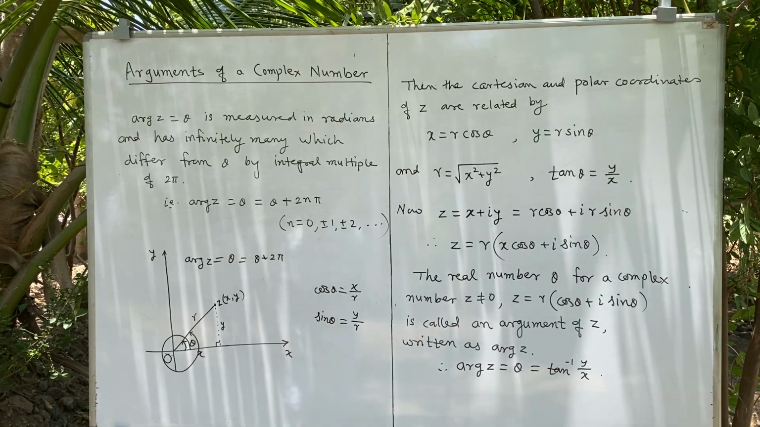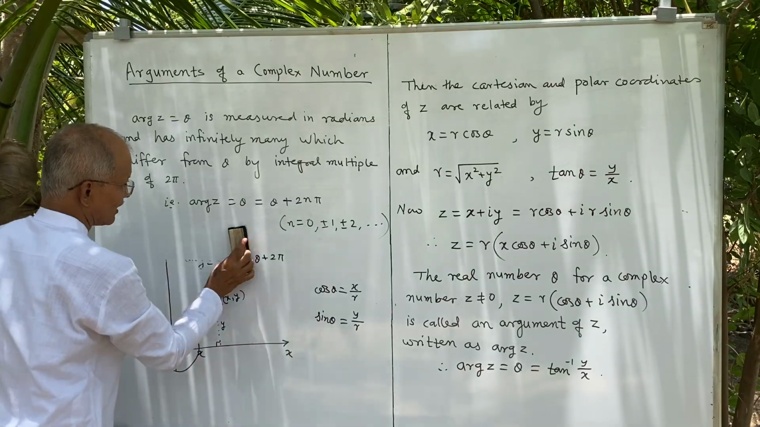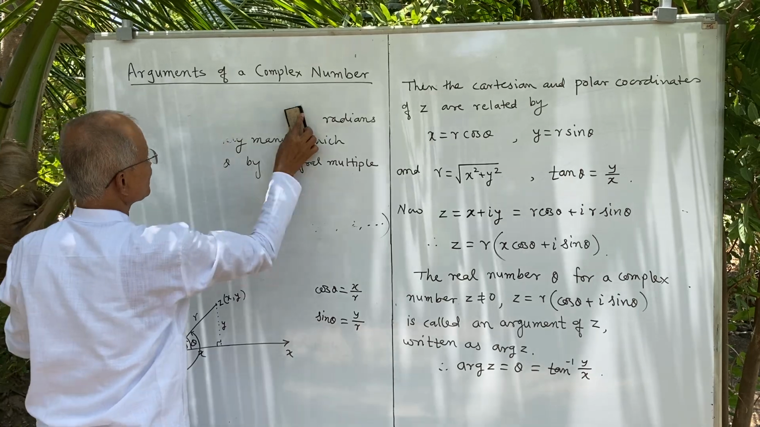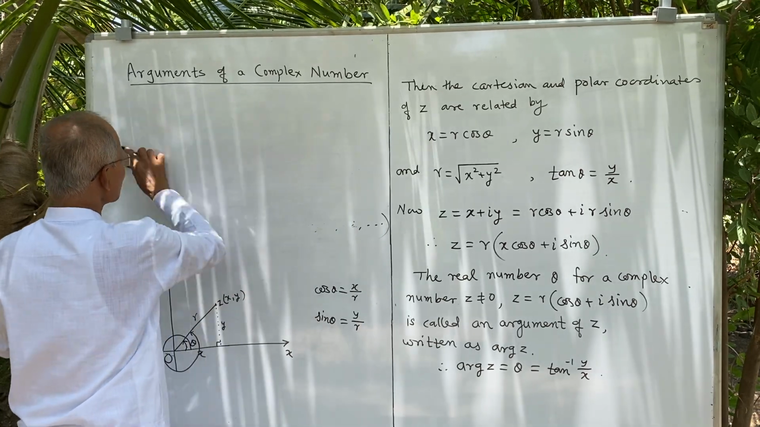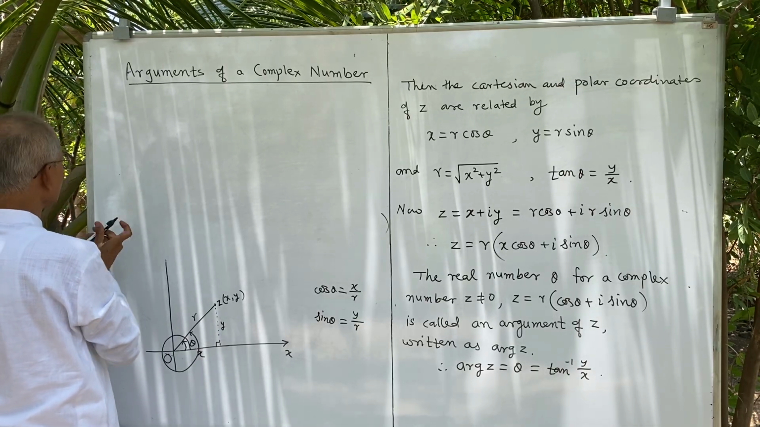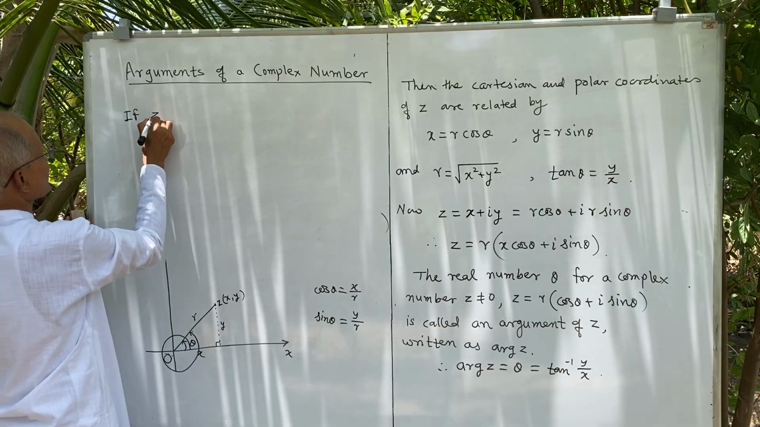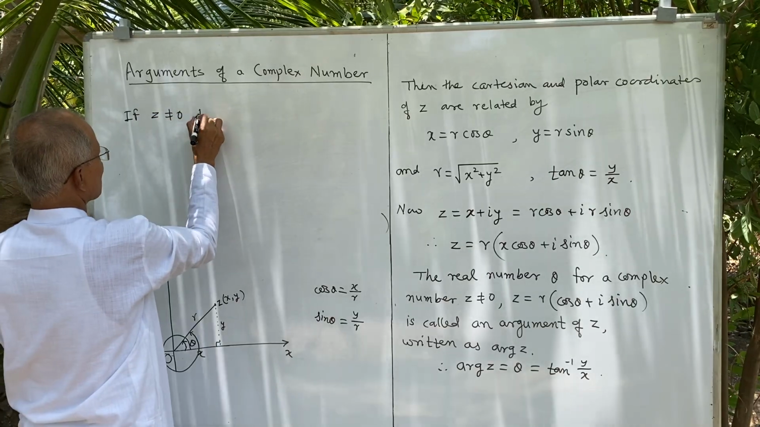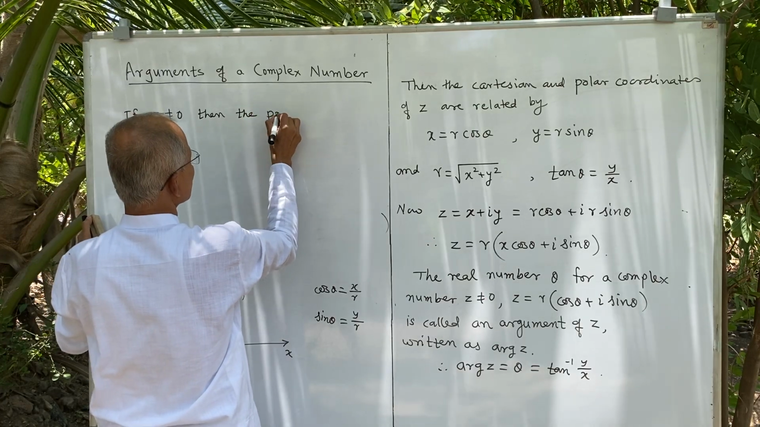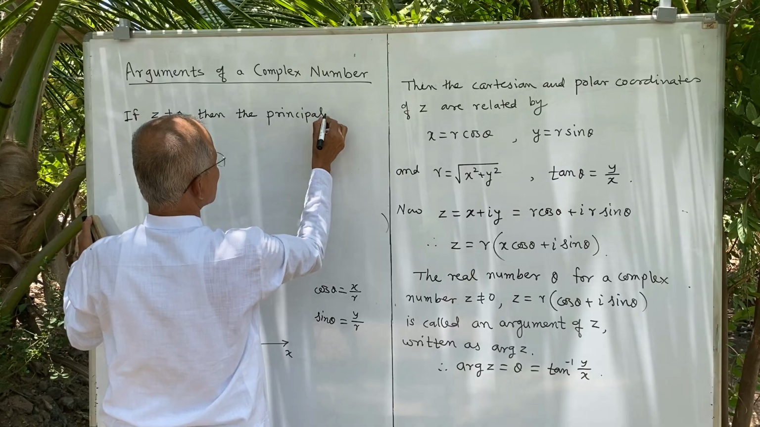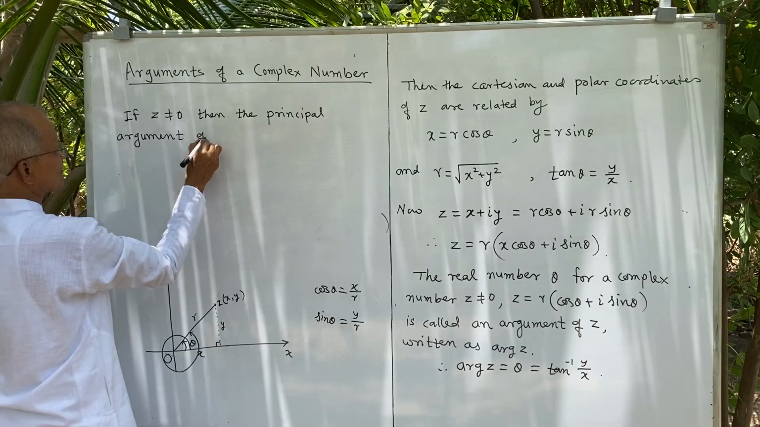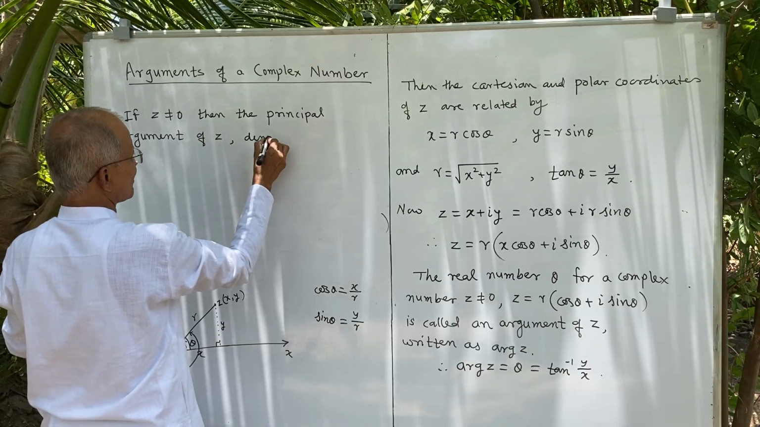Now we shall define principal argument, and we shall see the relation between argument and principal argument. For that purpose, we consider a non-zero complex number z. If z is not equal to 0, then the principal argument of z is denoted by or written by